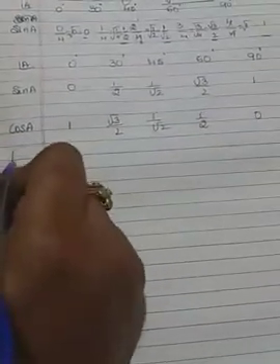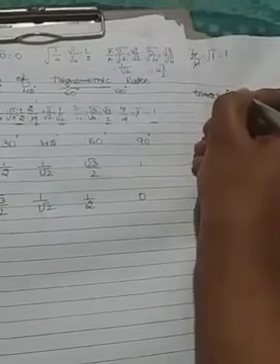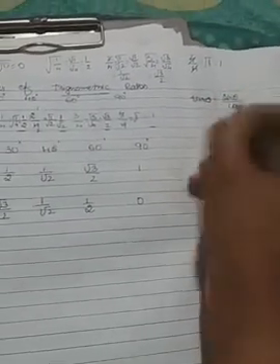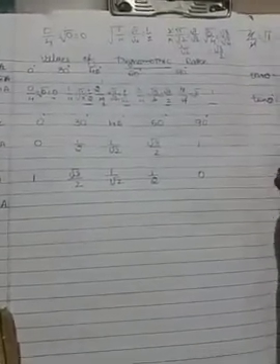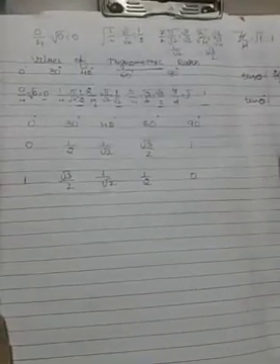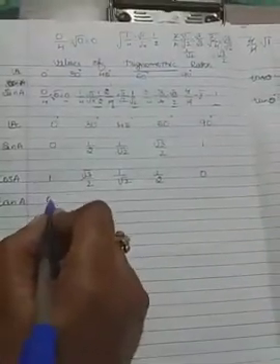Then it is easy to write the tan A value, I mean tan 0 degree value. Tan theta we know already, tan is nothing but sine theta divided by cos theta. So here we want to find out tan 0 degree value. Sin 0 is 0 and cos 0 is 1. 0 by 1 is nothing but 0 only. So that's why tan 0 degree is 0 only.